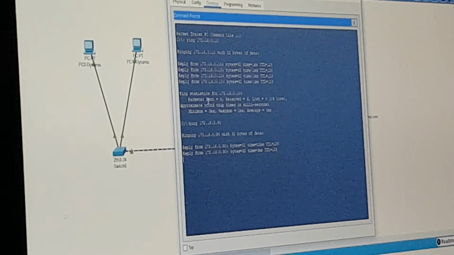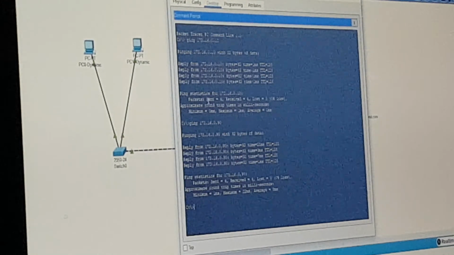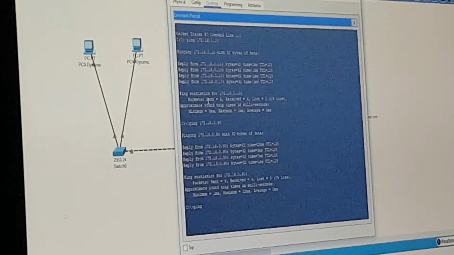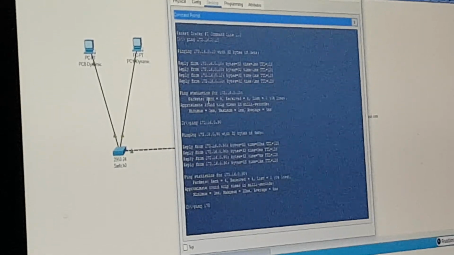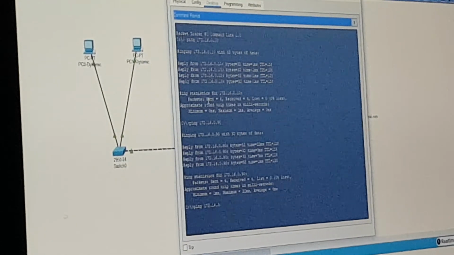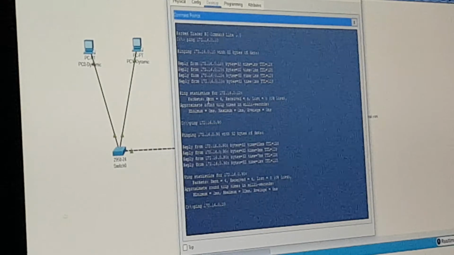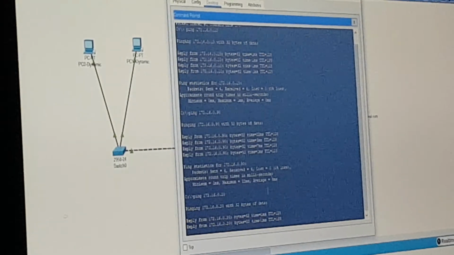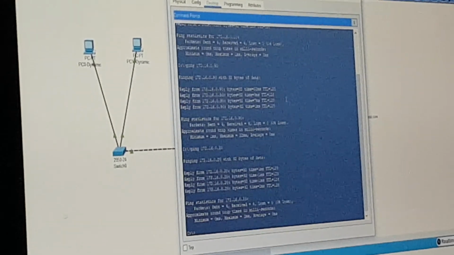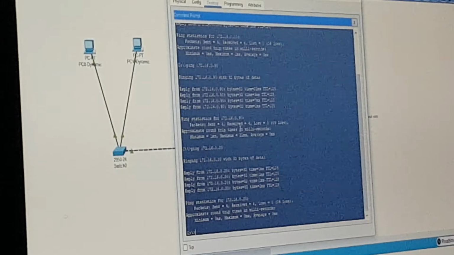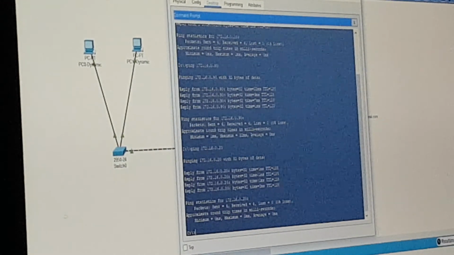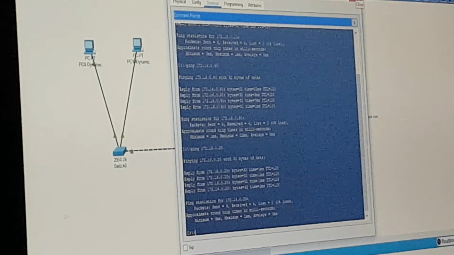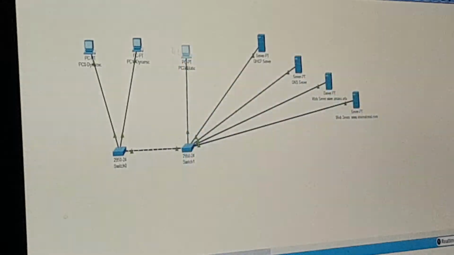So again it's working. So ping 172.16.0.20. Yeah, so it's working. So it means this is the device.